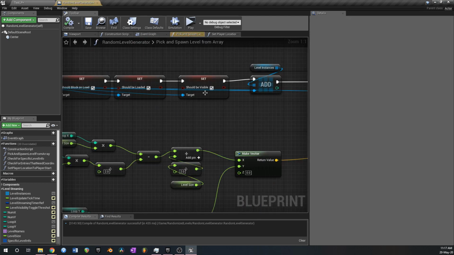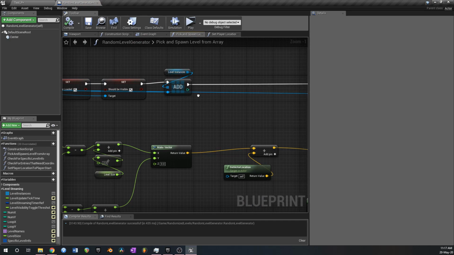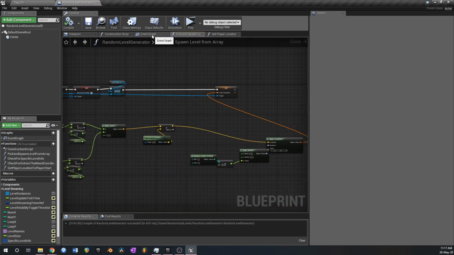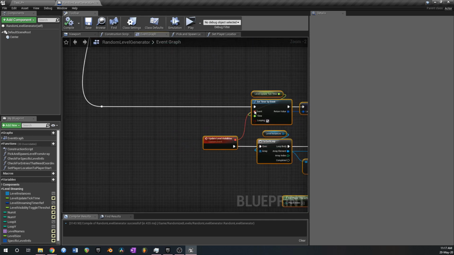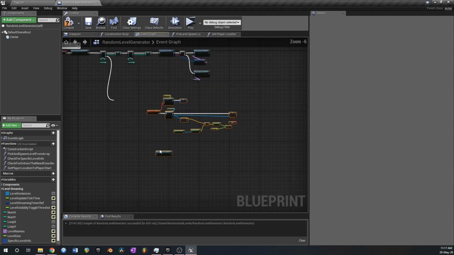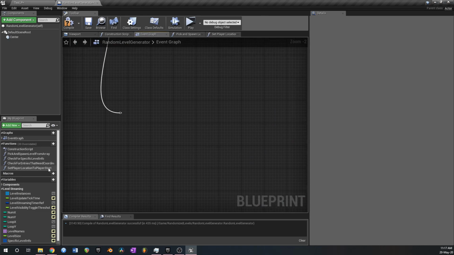We were going to start with all the levels not visible, but let's just start with them visible for now, save their instances and set them to their positions. And then let me just move all of this for a sec, and I'll just disconnect that. What we're going to do before we start checking and streaming and all of those things is let's get the